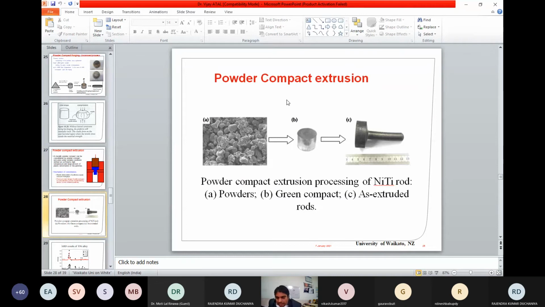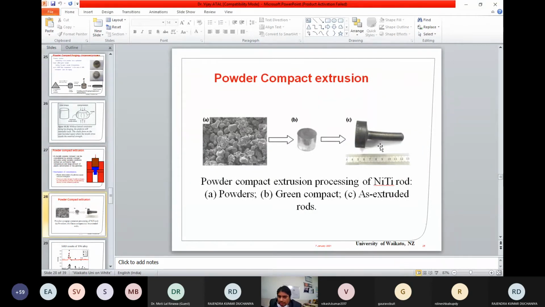So this is the typical extruded rod which is produced, a shape memory TiNi rod, which is nitinol. The powders are compacted into a green compact, and further it is done using the same procedure to produce a green compact.